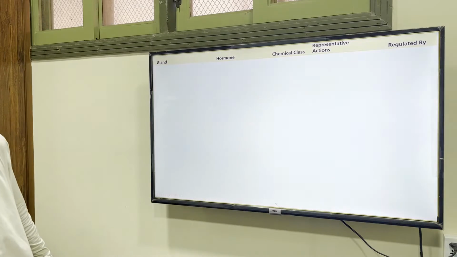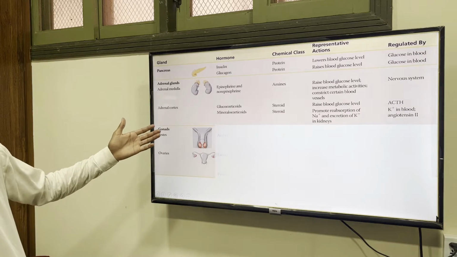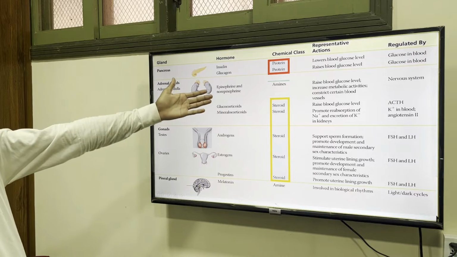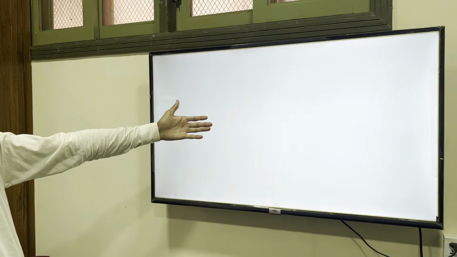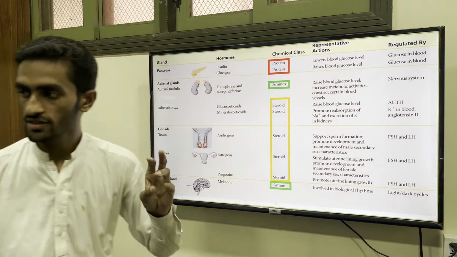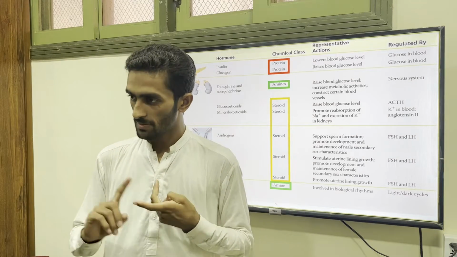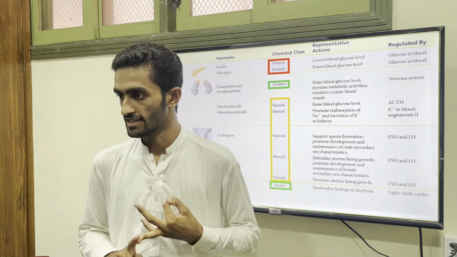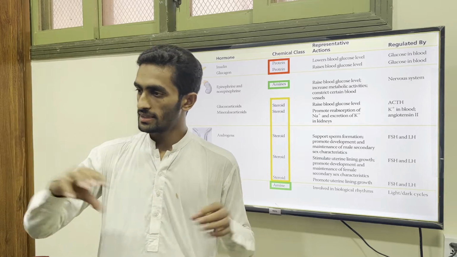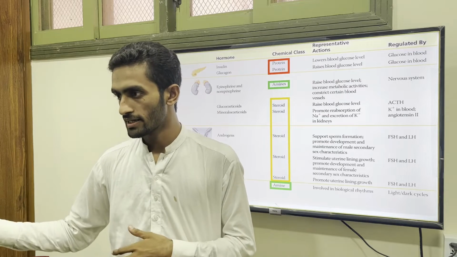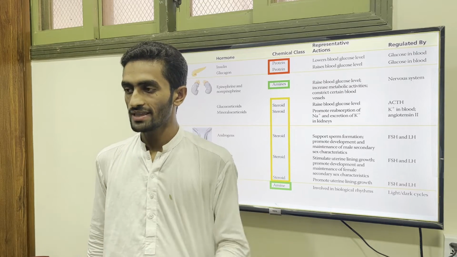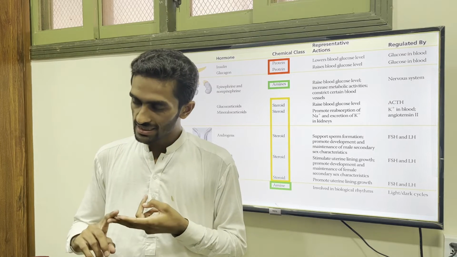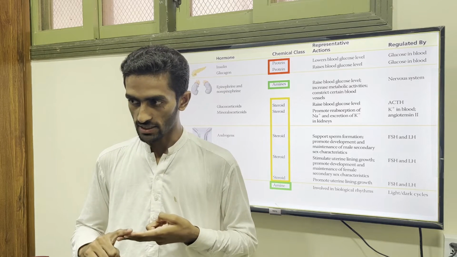And here some other hormones are mentioned: steroid nature, amine nature, and peptide. Through this discussion we have understood we have three types of hormones. One is peptide nature, another is amine nature, and the third is steroid nature. They travel through the blood and reach the target. When they reach their target cell, this steroid and the amine nature,